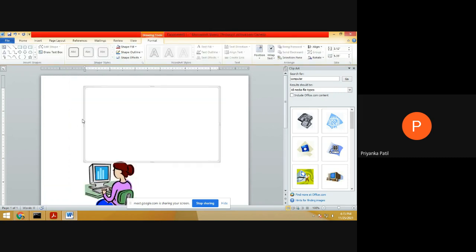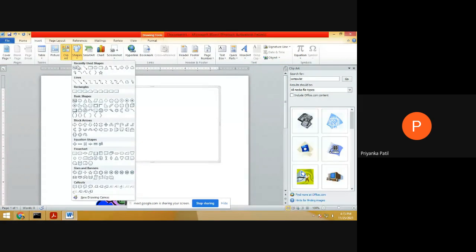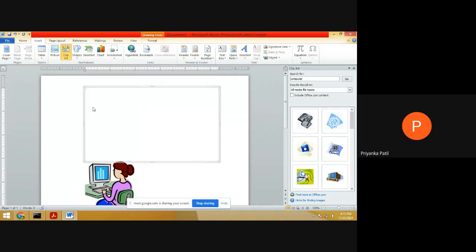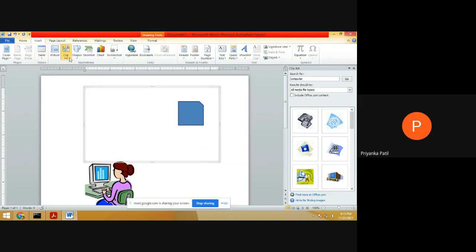Here is the option new drawing canvas. We can easily draw the particular object, meaning we can create some object on the canvas frame. So we can move that frame with the help of drag and drop. So we can insert n number of options here.